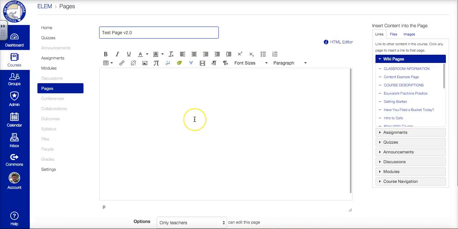And the first thing we notice, you might have heard Ryan talk about this a little bit, is what's called the Rich Text Editor or the HTML editor. This is one of the most important parts of Canvas. If you can use this, you can control anything and everything inside of Canvas. But you'll notice this is more than just pages. This is in quizzes and assignments and pretty much anything you have to fill out